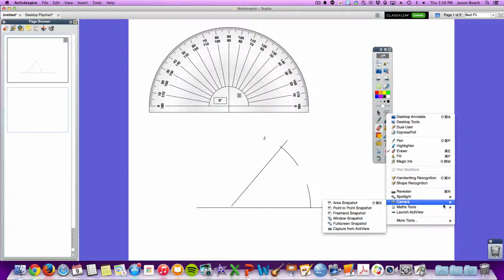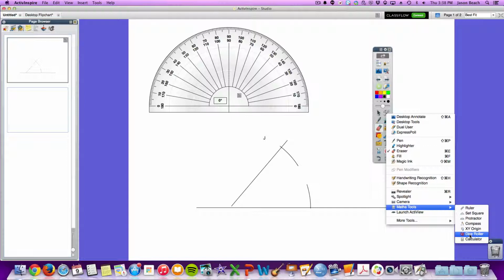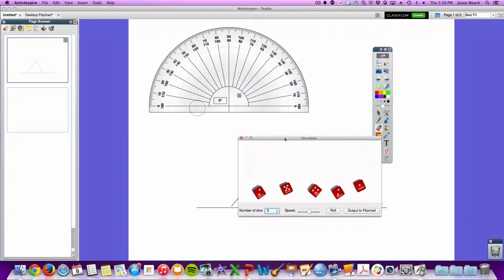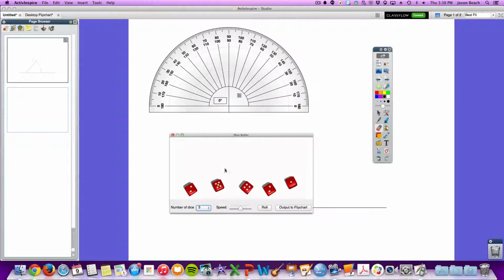Other options that are available in math tools, the dice roller. So I can choose how many dice I want rolled. I can choose from 1 to 5. And this is great to use for randomization of numbers if you're teaching basics of probability and statistics, or just